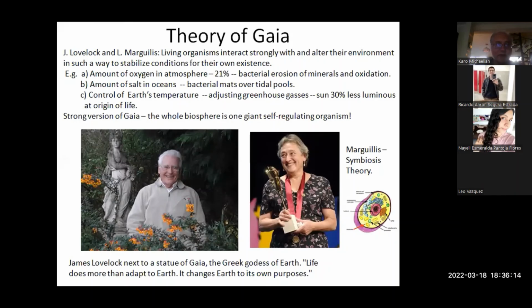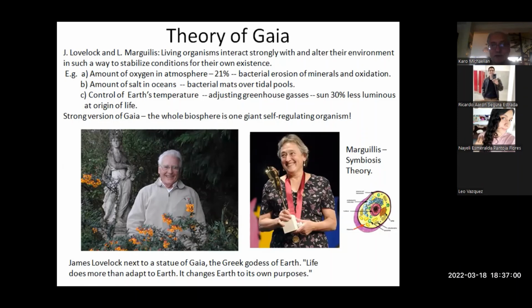Some examples that they found were, for example, the amount of oxygen in the atmosphere, 21%. Today it's 21%. In the past it was less. But there is a reason in terms of biology why it could have gone higher. And what happens when it goes a little bit over, like it gets to 23%, then we can have spontaneous combustion of trees in dry areas. So they will just spontaneously combust and destroy the environment. So it seems like life on Earth is doing something to keep the amount of oxygen at exactly 21% and not above that.